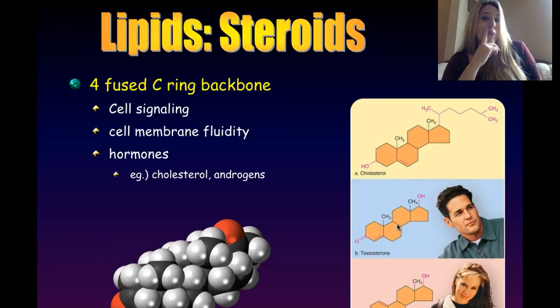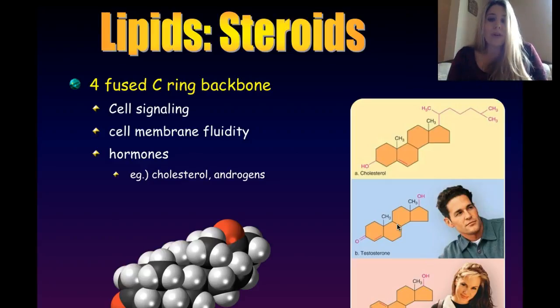Things that make you go, hmm. And if you alter that a little bit further, so let's go from testosterone, and let's go ahead and keep our hydroxyl group and our methyl group there. Let's take off this methyl group, and let's go back to our hydroxyl group here. So we're going to break this double bond, go back to a hydroxyl. You just went from testosterone to estrogen. Isn't that cool? So this is what our bodies do.